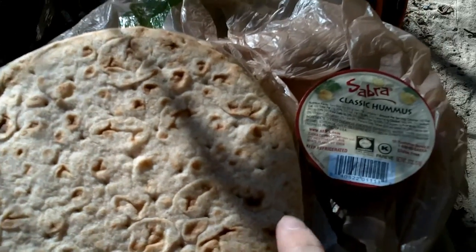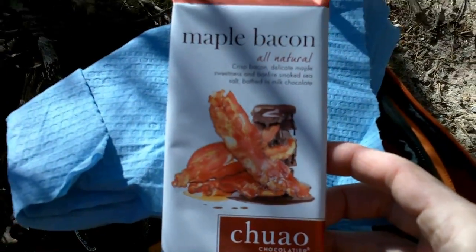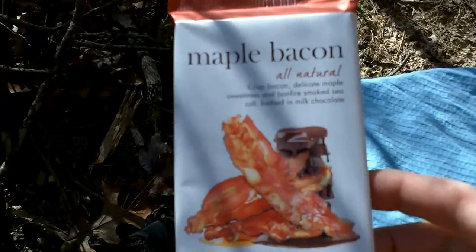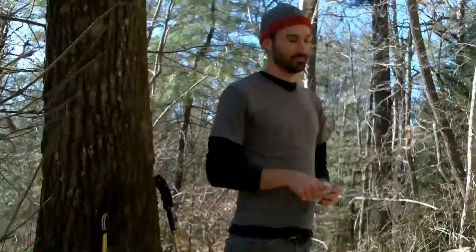Whole wheat pita, hummus, and a bacon flavored candy bar. Bacon candy bar. All eaten by a dork. After consuming a bacon flavored candy bar,